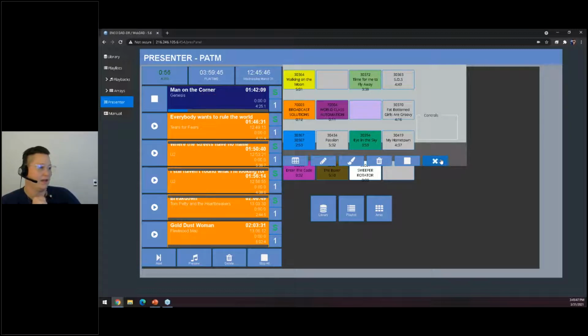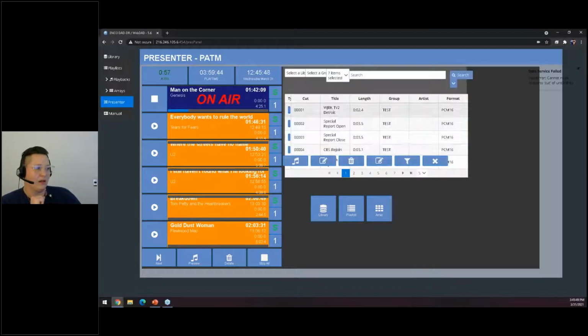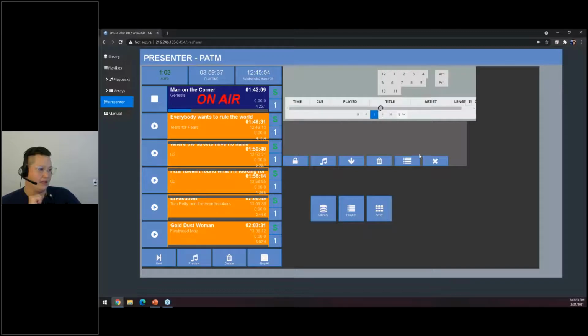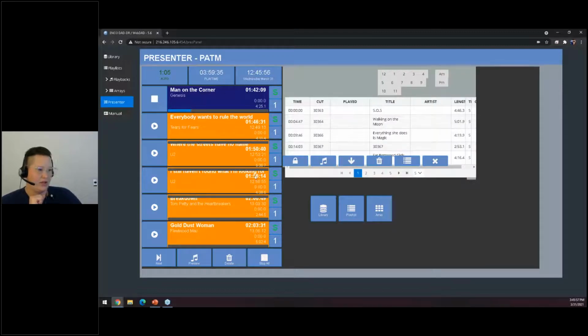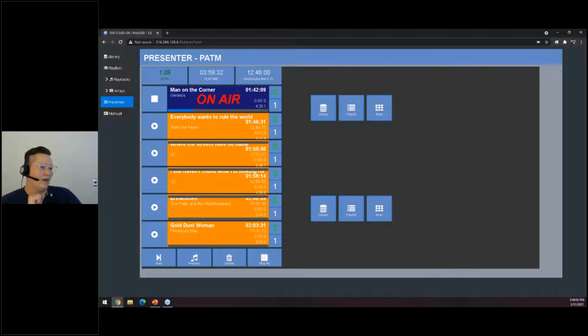You're mixing things up, and you can see all of that. You can see your library and actually navigate through that. You can see the day's playlist and actually check on everything lining up that you expect to be there. You can stop the playlist, you can skip it forward, and so on. So there's a lot of different things that WebDAD will allow you to do and give you a type of control